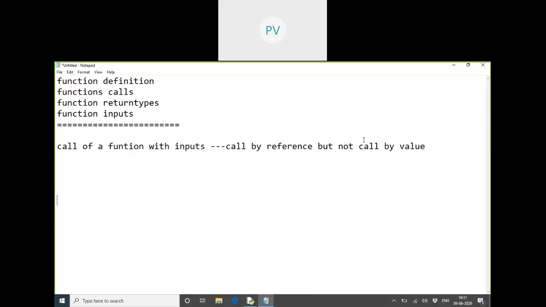I think we have been learning from C language onwards. Call by reference is like calling with address.